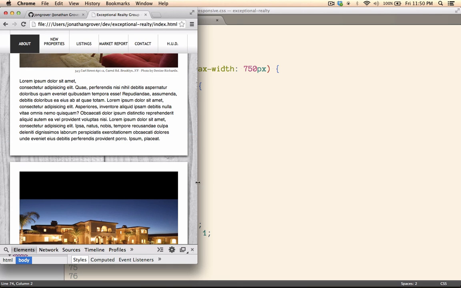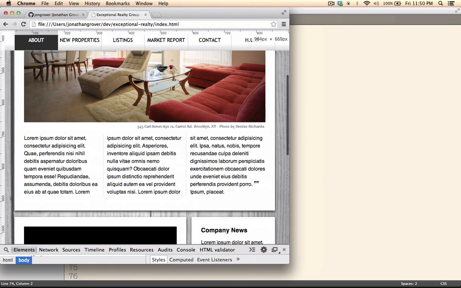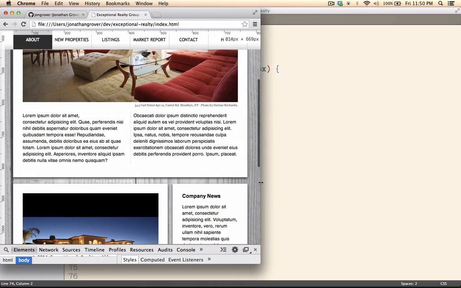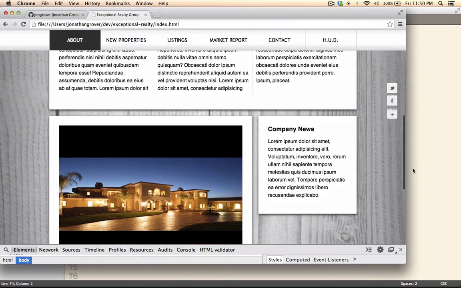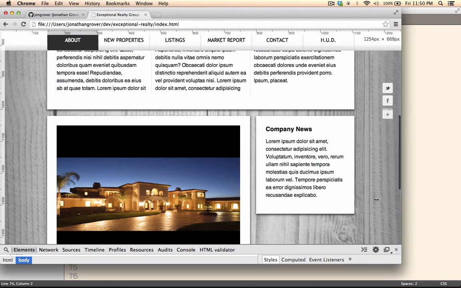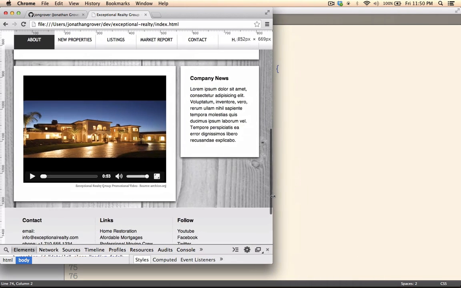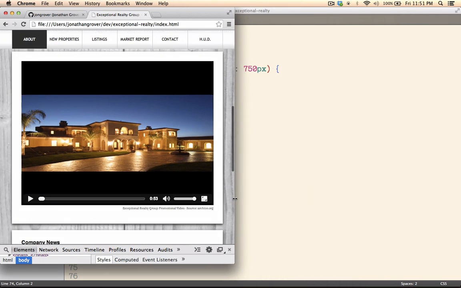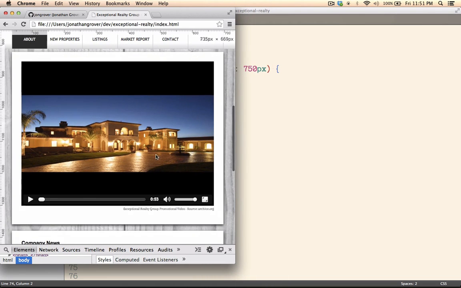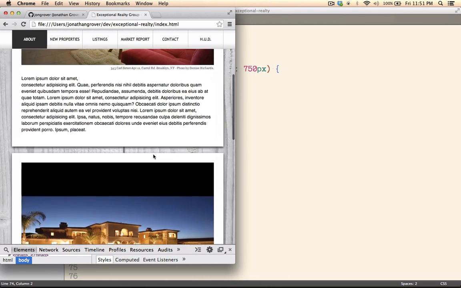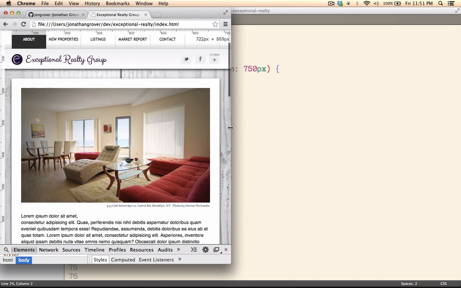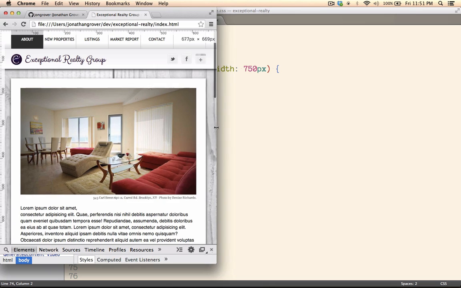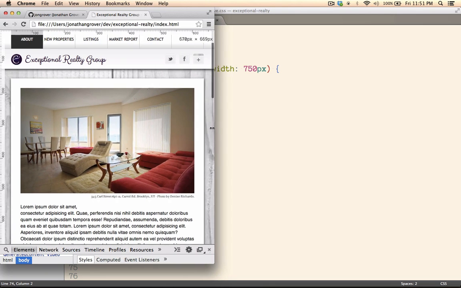Okay, so then if we scale up, we can see this will go to 2, and then to 3, like that. And then as we scale down, these guys will eventually jump one on top of the other like that. Okay, so let's go ahead and scale down some more. So we were at 750 there. All right, so as we scale down further,